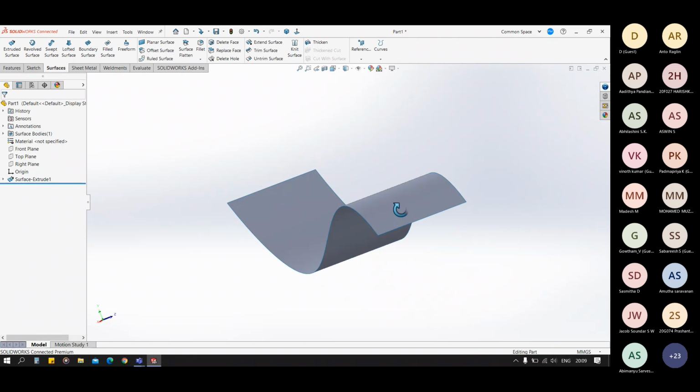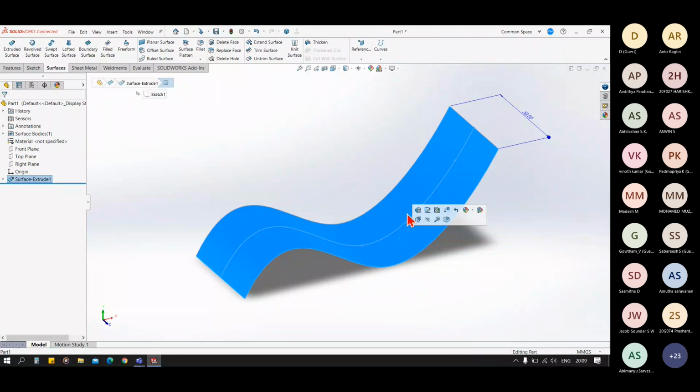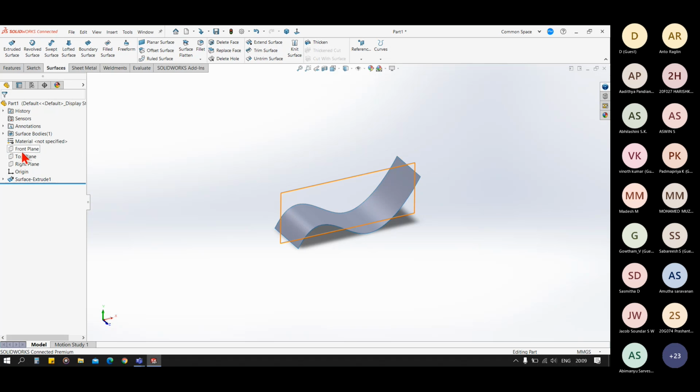You can see this is the surface. Remember one thing, surface has zero thickness. Now again take another example of that.